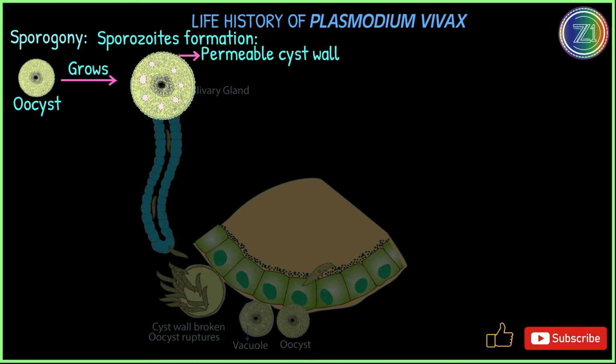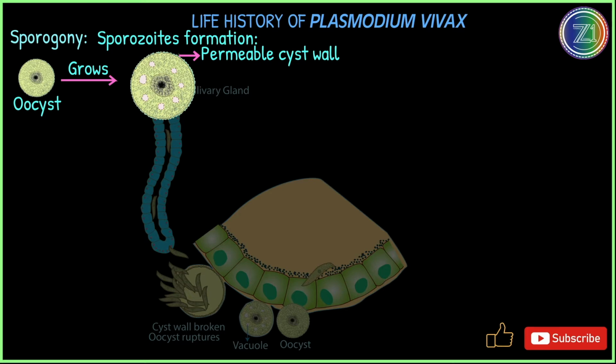So basically this cyst wall is permeable in its nature. Had it not been permeable, then drawing of nourishment would not be possible. Second step, the cyst wall is also going to increase as the size of the oocyst is increasing, right? So basically it is flexible enough to accommodate the parasites which are